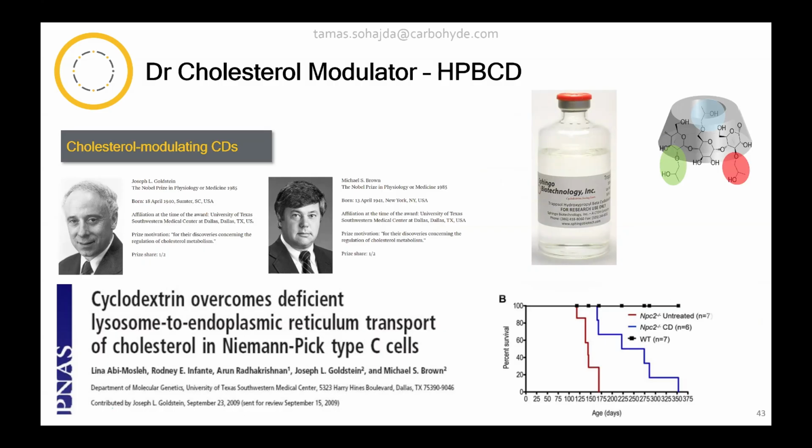In the first literature data, they used a special type of API with cyclodextrin. The cyclodextrin was an excipient, but with the mice studies, they also used solutions without API, so only cyclodextrin was inside the formulation, and they saw that with cyclodextrin and without API it works better. So the cyclodextrin must have some kind of effect, and by that they started to investigate Niemann-Pick C